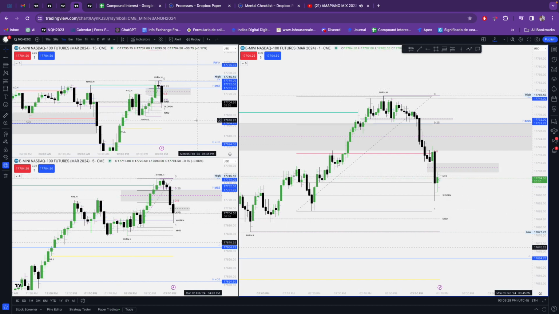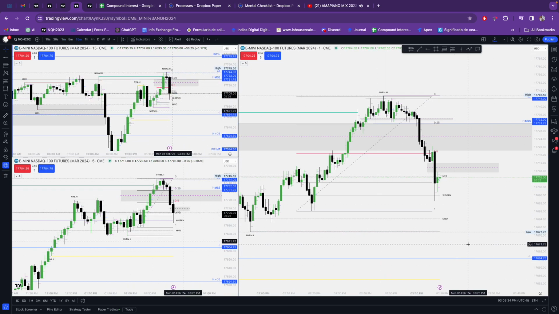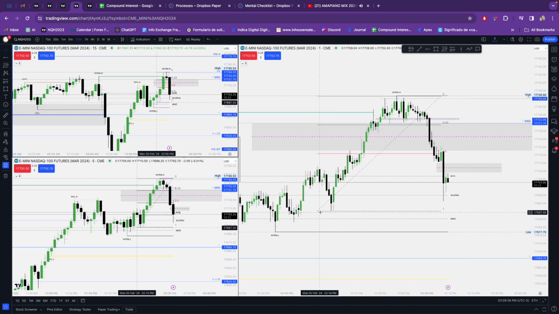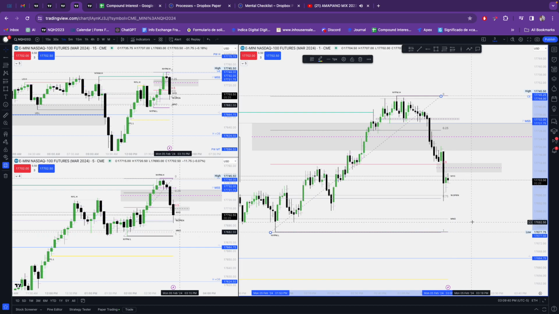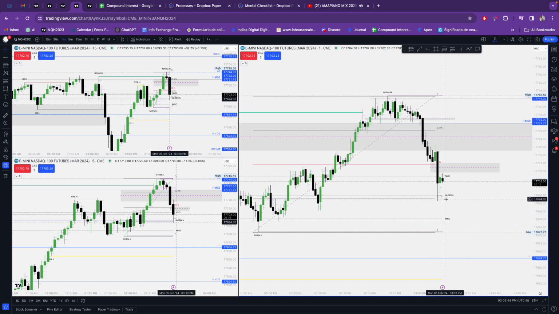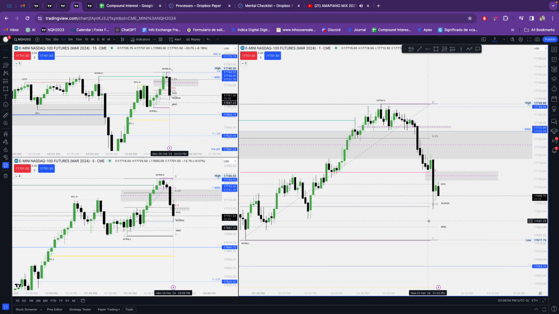1, 2, 3, 4, 5 candle run up. Missed it. I missed it. My bad. This would be the next strong liquidity here. We could see PM session lows here, although we are at a deep discount. So for us to enter in for a long, we would want to inverse this here on the 1, and we want to see a green candle close above here on the 5.